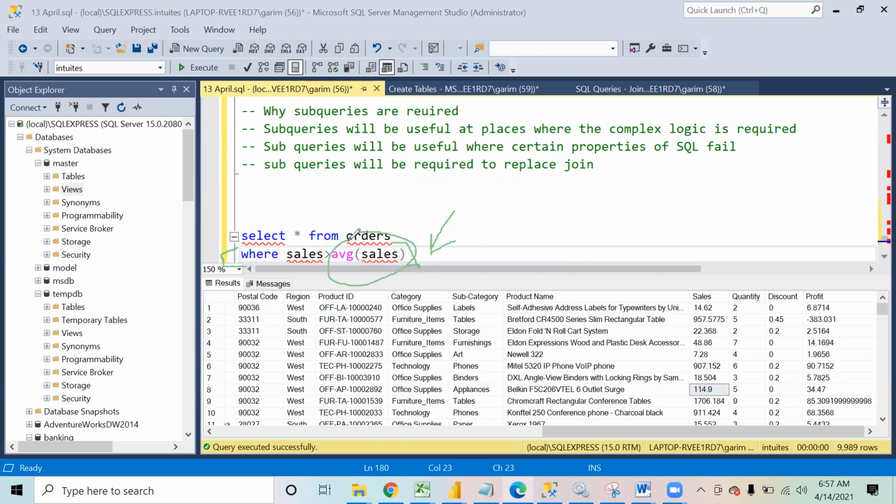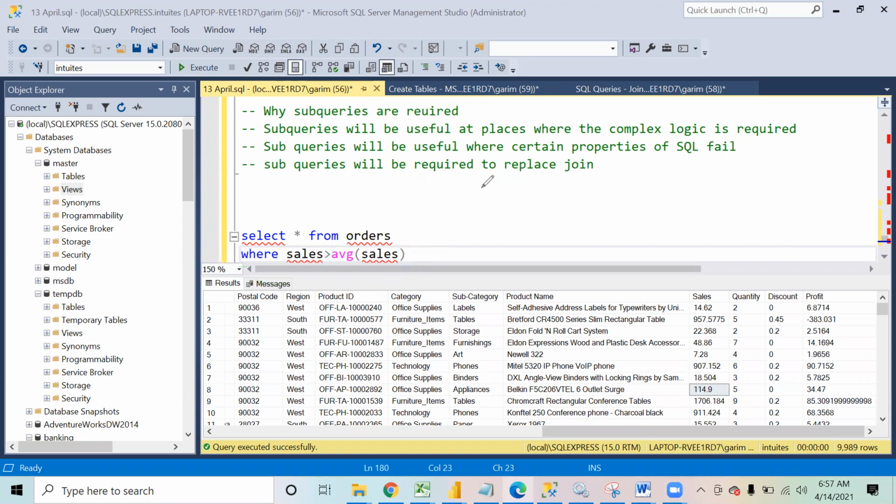Where clause cannot do aggregation calculations. Logically you might say this query is correct and makes a lot of sense, but syntax-wise, because an aggregation is happening and the where clause cannot do it, the query fails and gives you an error. Okay, but what if I try to write this query individually?